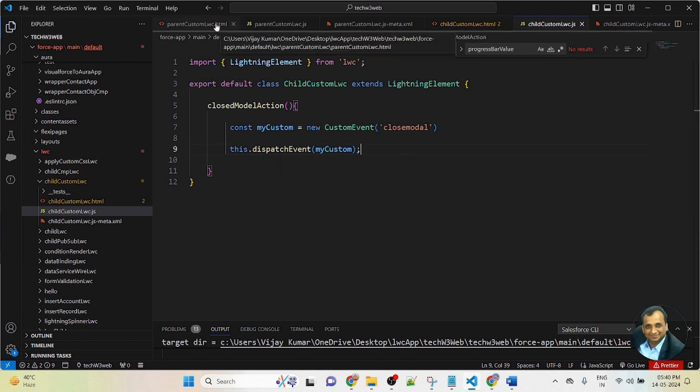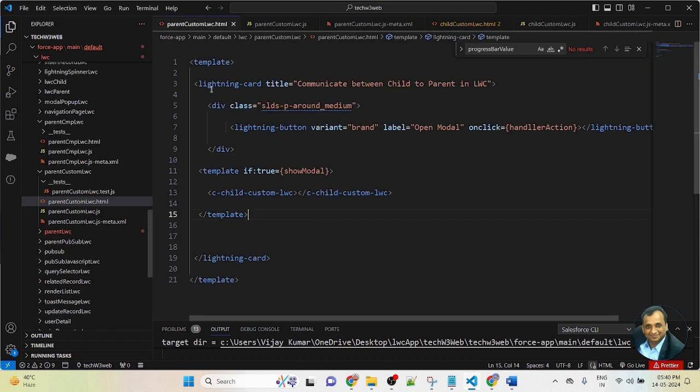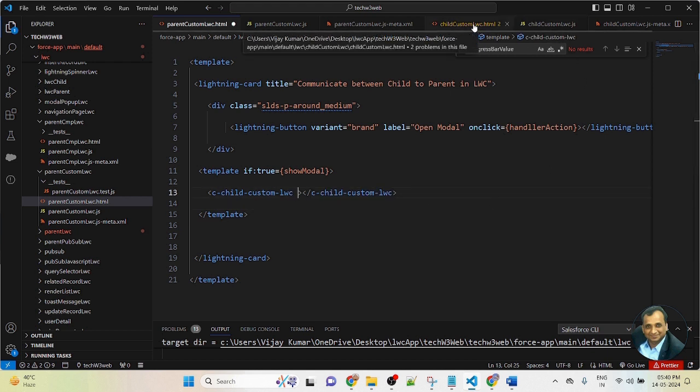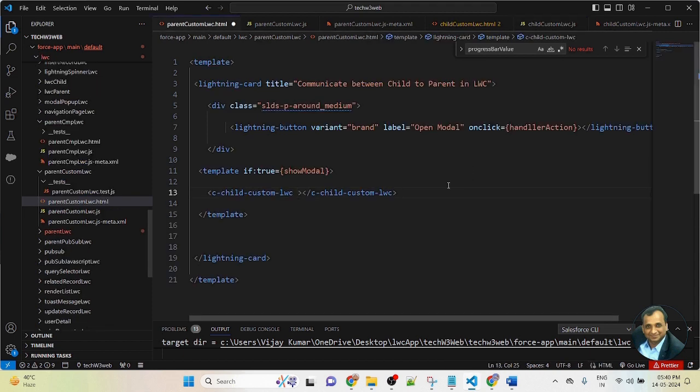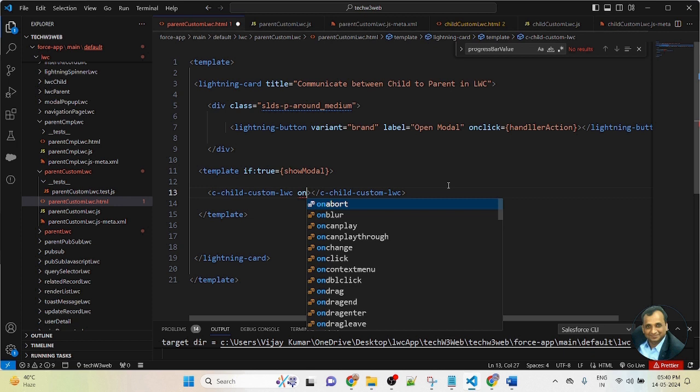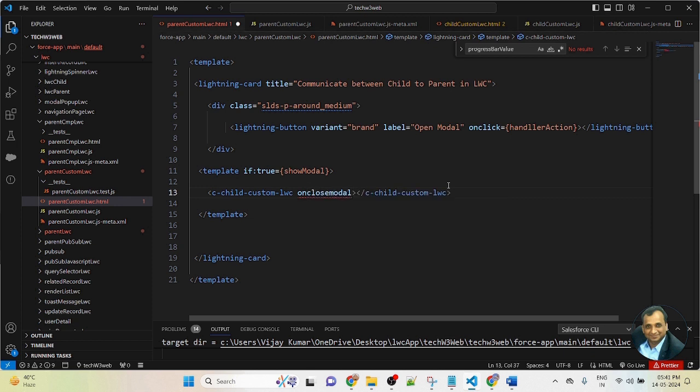Now go to the parent component, and here I am calling the child component. So first give a space, then write the name of the custom event. So here I am passing the event name closemodal. Copy the closemodal custom event name and first apply on before the event name. So on is mandatory when calling the custom event.